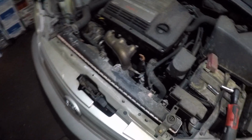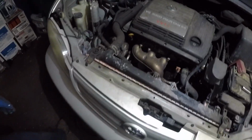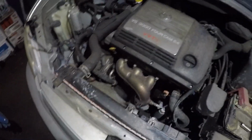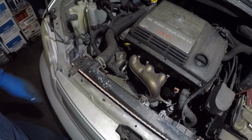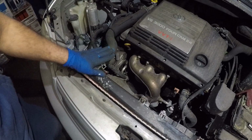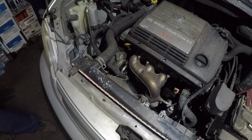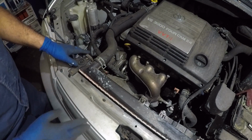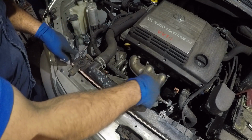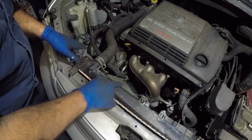All right, guys, I have not drained anything yet, but I do got that little bucket right there. You see that right there? Push it down there. Anyways, we're gonna start off by removing the fans. This radiator is empty a little bit, so it doesn't have too much antifreeze. So if your radiator has antifreeze, be careful. Drain it first. Drainer is gonna have to lift it or reach out from the bottom, or you can maneuver